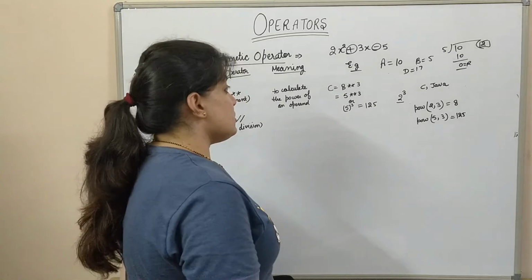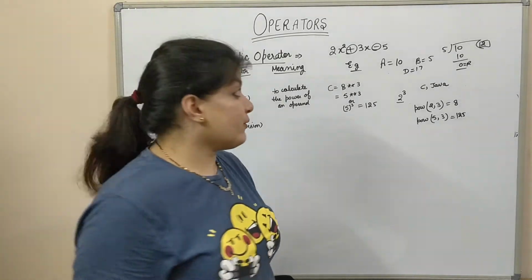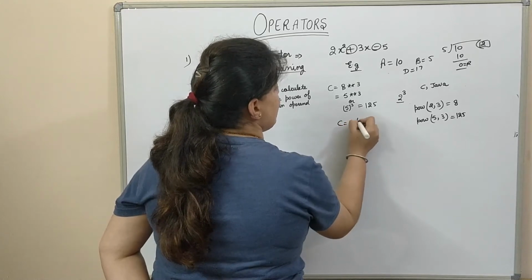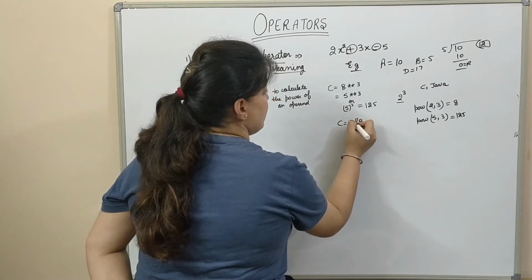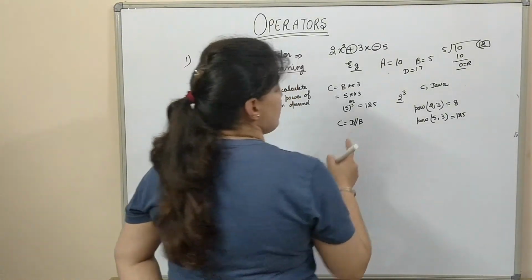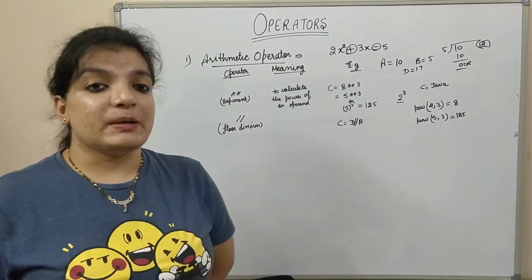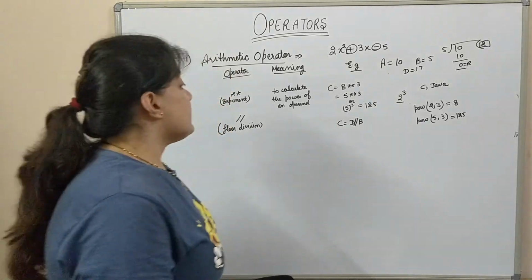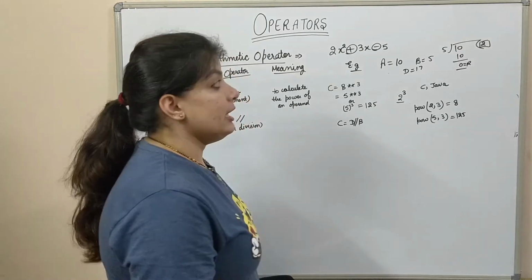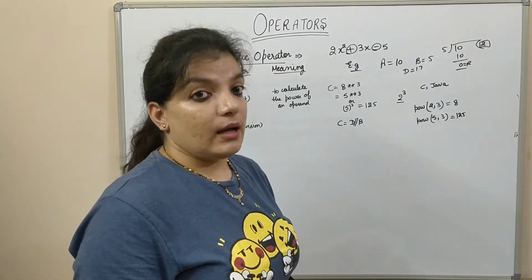This operator is used like if here I am taking this D value, C is equal to D by B, with the double division sign, D floor division B. Now what is the purpose of this division symbol? This division symbol will return the round off value of the answer.